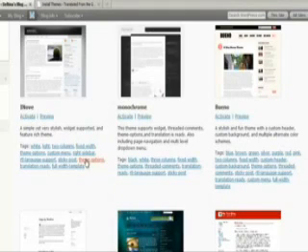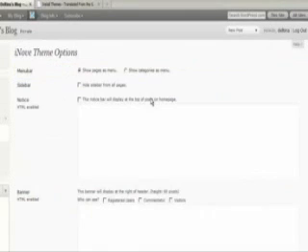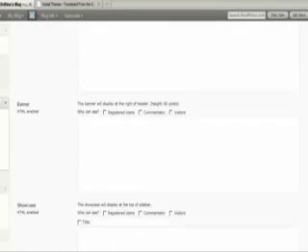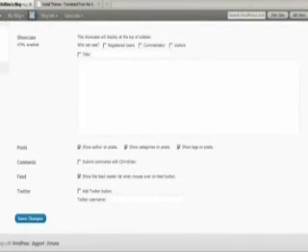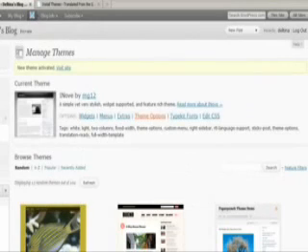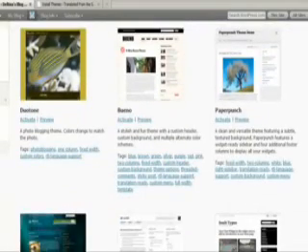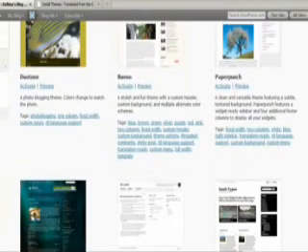So if I check out the theme options for this theme, if I activate this theme, right here it's going to show me the theme options, and I see that I actually have a lot of different theme options for this theme that will help me kind of customize that to my needs. However, if I look at a different theme and I look at their theme options,